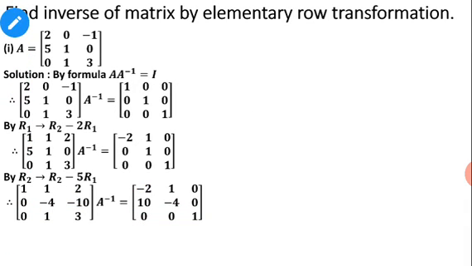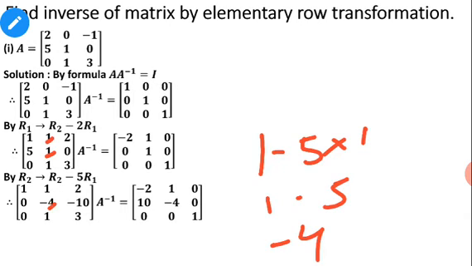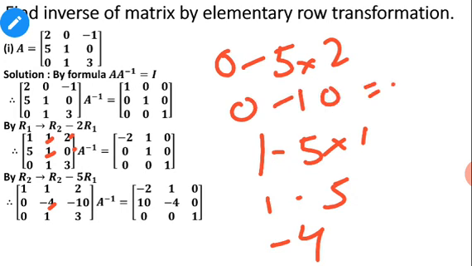देन नेक्स्ट एलिमेंट के लिए करें तो R2 का सेकेंड एलिमेंट था 1, दिस 1 माइनस 5 इंटू R1 का जो सेकेंड एलिमेंट है वो ये 1 माइनस 5, तो 1 माइनस 5 हो गया माइनस 4. देन नेक्स्ट इफ आई एम डूइंग फॉर द थर्ड वन, तो R2 का थर्ड एलिमेंट है 0 माइनस 5 इंटू थर्ड एलिमेंट हियर 2, तो 0 minus 10 and that's why it is minus 10.